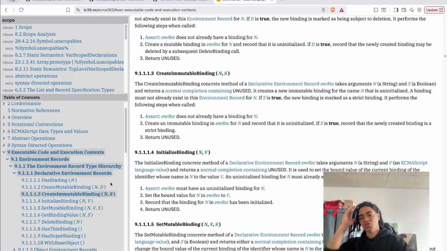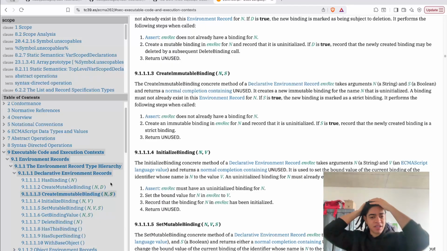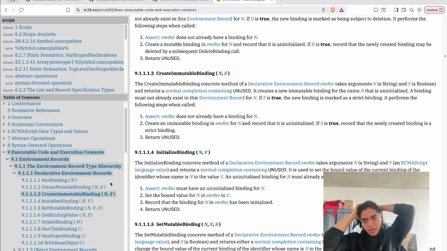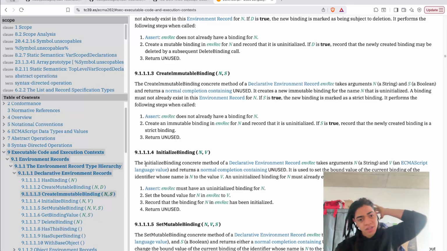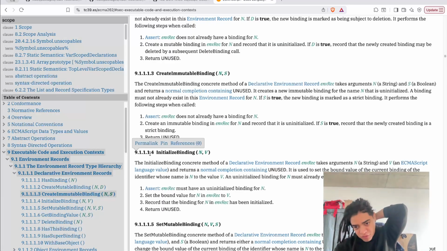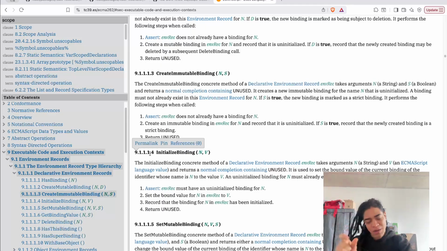Because anytime that you create a block, or anytime that you create a scope, whether it's a block or a function, right? JavaScript internally has a property that has a reference to the outer scope via the